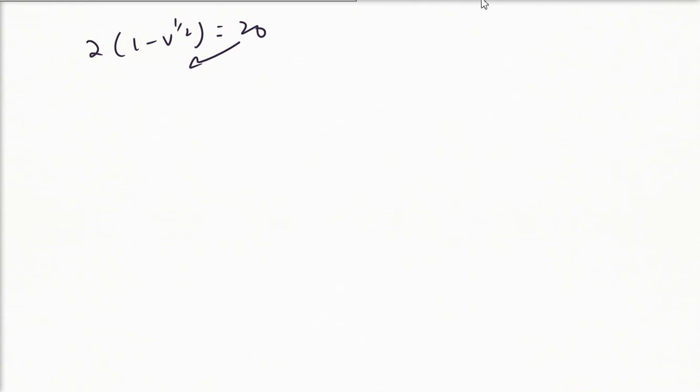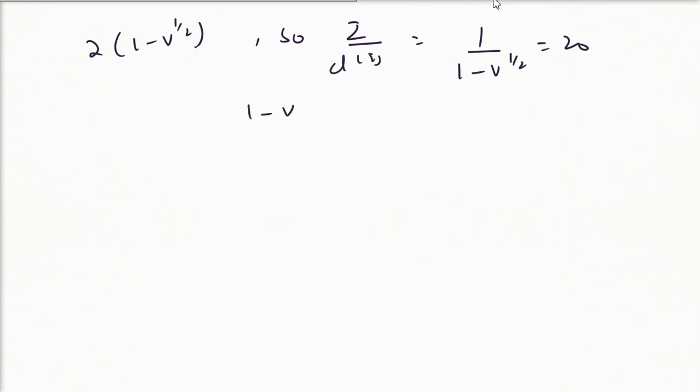If we look at a previous example, first is this, so 2 upon D2 is basically equal to 1 upon 1 minus V half is equal to 20. Now 1 minus V power half is equal to 0.05, V half is equal to 0.95, and we can find V easily, that is coming